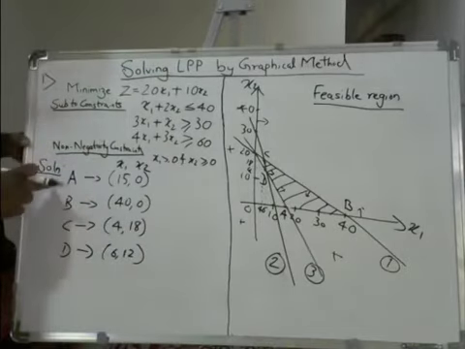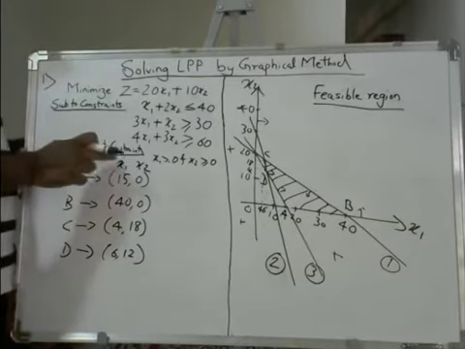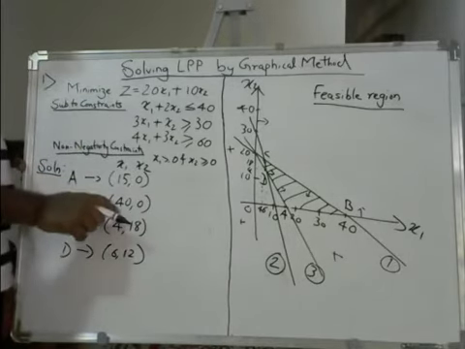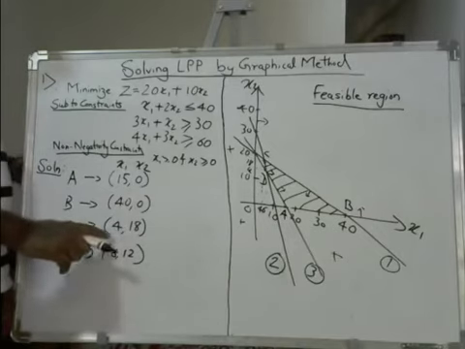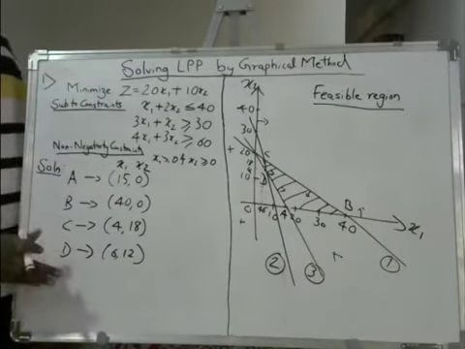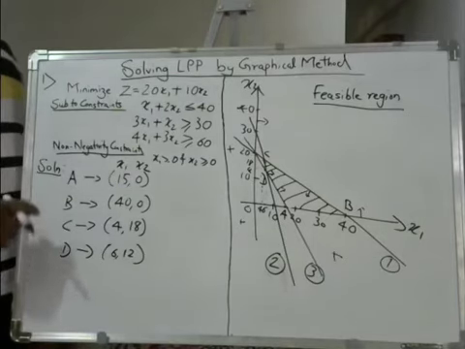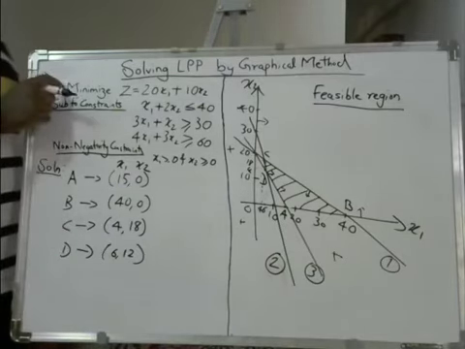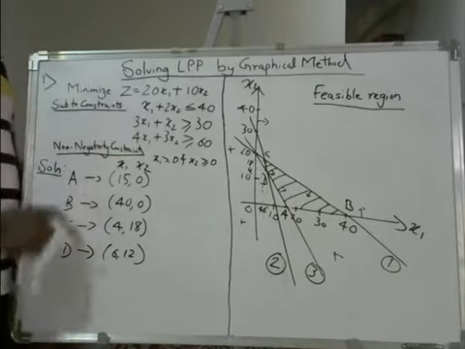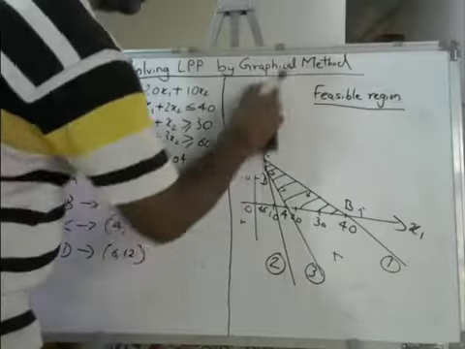Now we have 4 different possibilities of production. Either we can go with A, we can produce 15 numbers of X1 and 0 numbers of X2, and we need to see how much is the cost. Similarly, go for 40 numbers of x1 and 0 x2, 4 of x1 and 18 x2, 6 x1 and 12 x2. Now, amongst these 4 lies the answer. We need to see out of all these 4, which coordinate has got the minimum value, because we are trying to minimize z here, minimize the cost. We can reduce it in such a way that the cost will be lesser. So to find out that, I'll just remove this graph here.